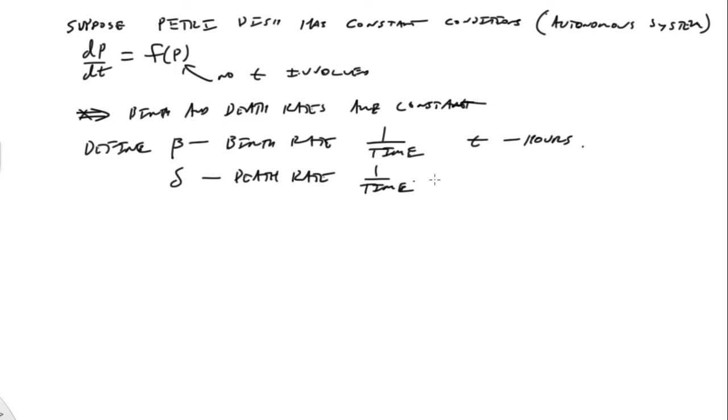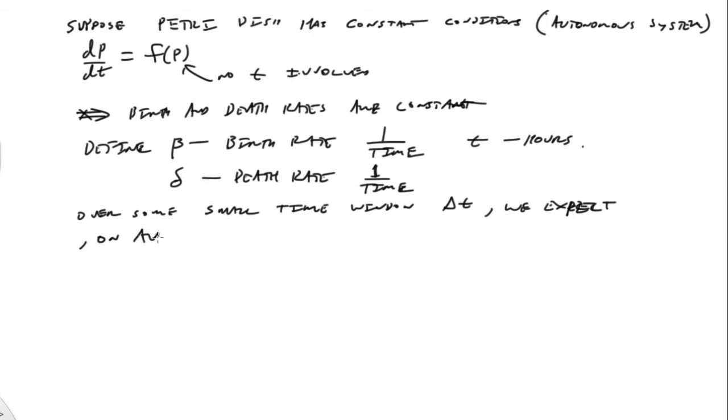Okay, so one question is, why is it 1 over time? Why is it not population over time, you know, number of individuals over time? And we'll get to that in a second. So now, of course, what we have to do is do some over some small time window. And I'll say delta t. We expect, at least on average,